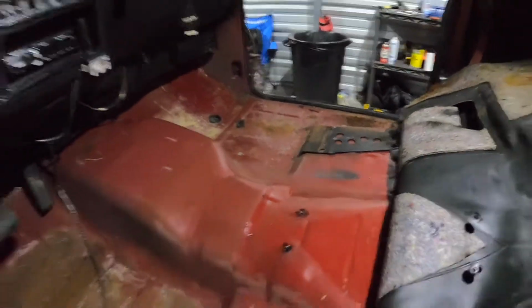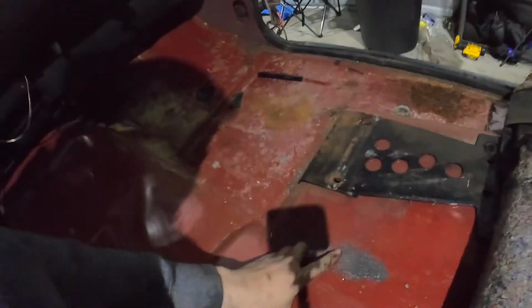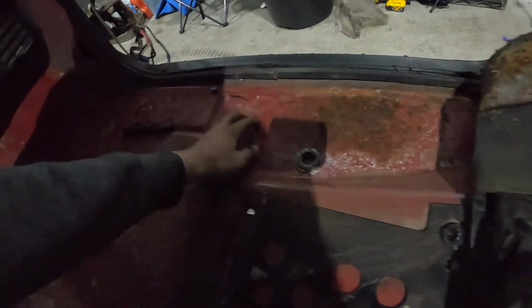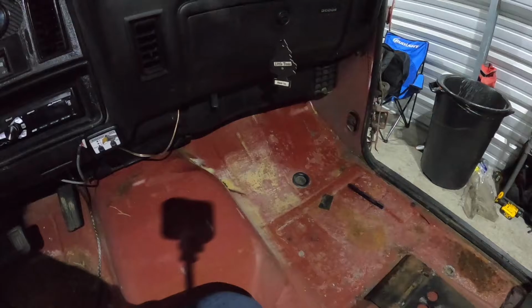Ew, what is that? It's like metal shavings. This side is clean. This one just has a little surface rust on it, but this side's in good shape, so that's good news. The driver's side is always going to be worse. They usually are. So